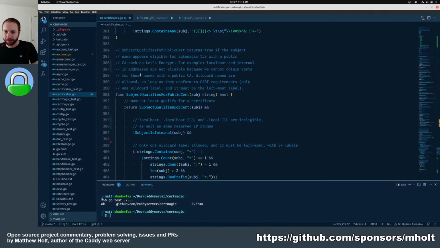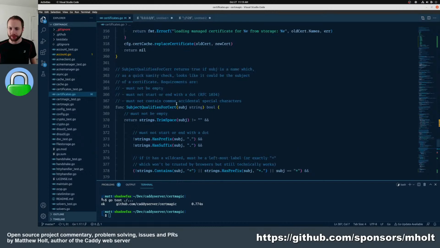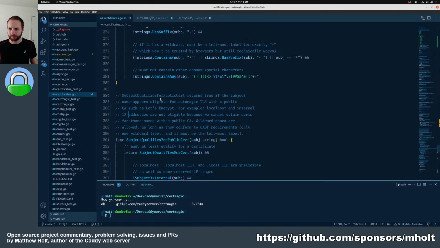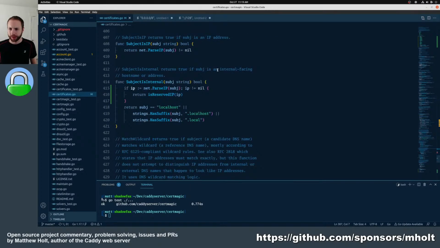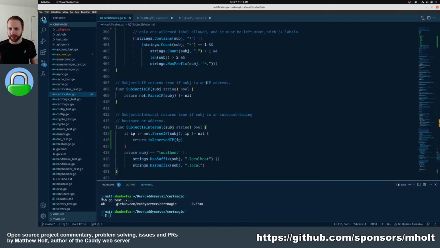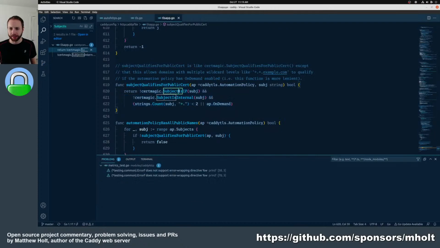Internal IP address, I guess they're going to have to use a public CA. Yeah, okay, so I think we just need to add internal IPs. Subject is an internal facing hostname or address. Subject is IP. I wonder if we use this in Caddy. Do we use this in Caddy still? Oh yeah, okay. We actually have our own,